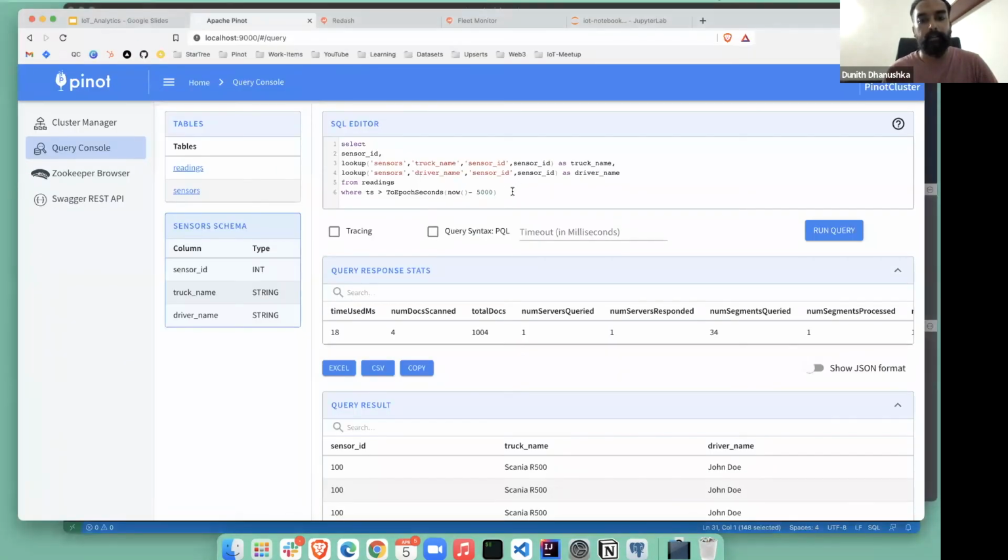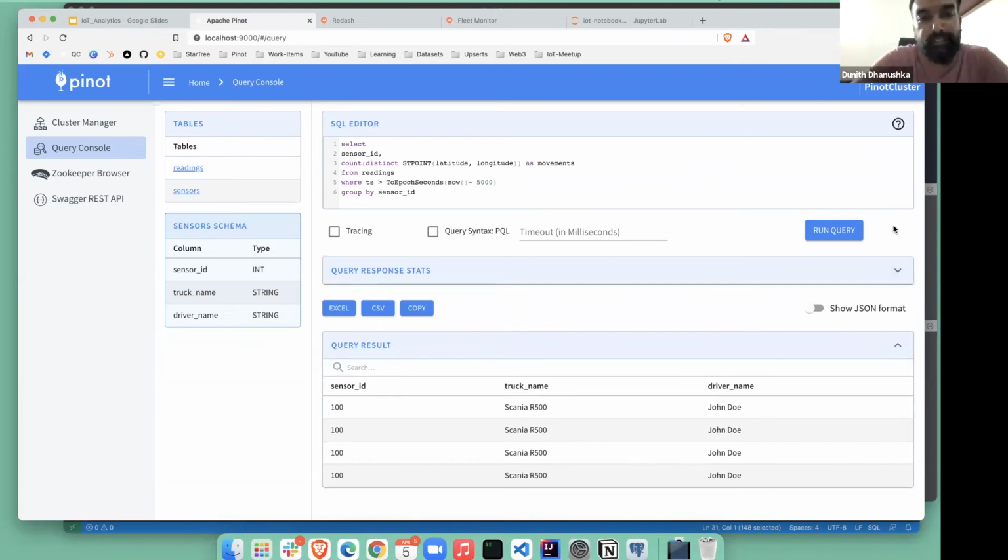All right. So in this query, if you remember, I talked about having a geospatial type in the schema of the readings table. So that type actually stores the ST_Point geospatial data type in the readings table.